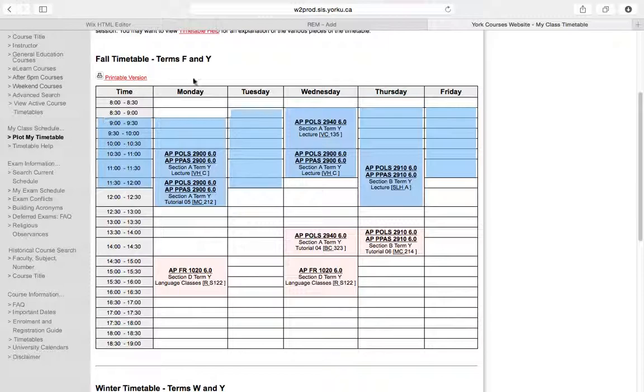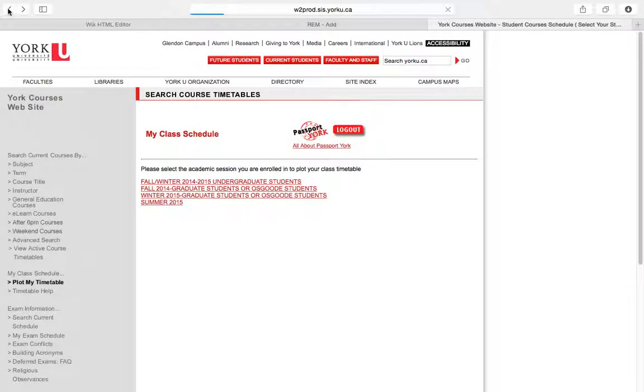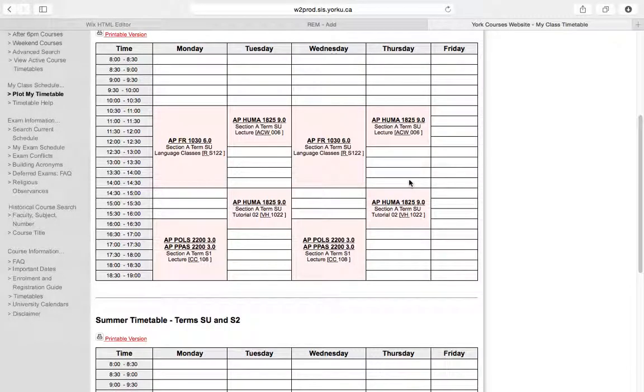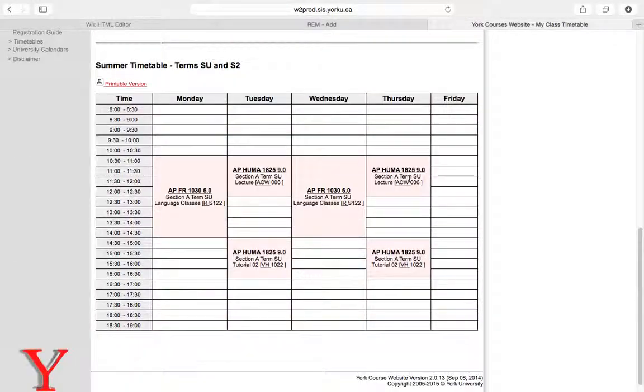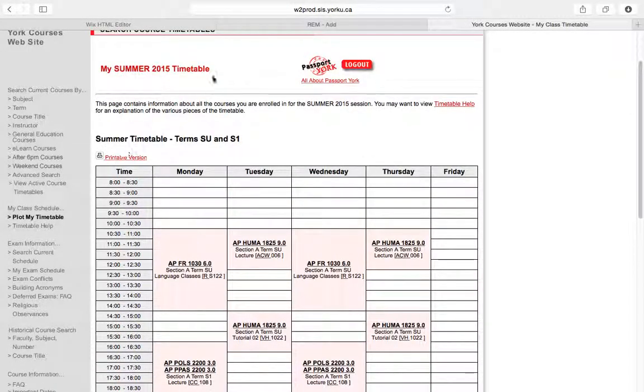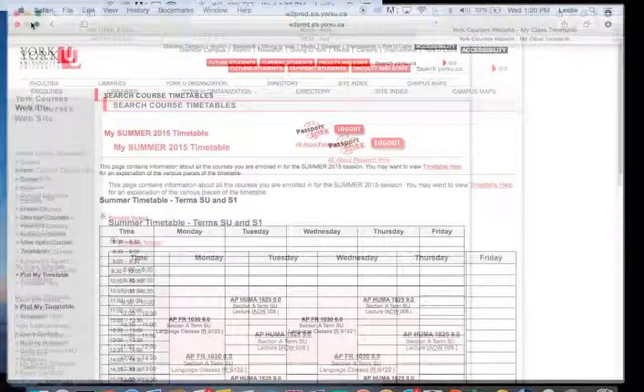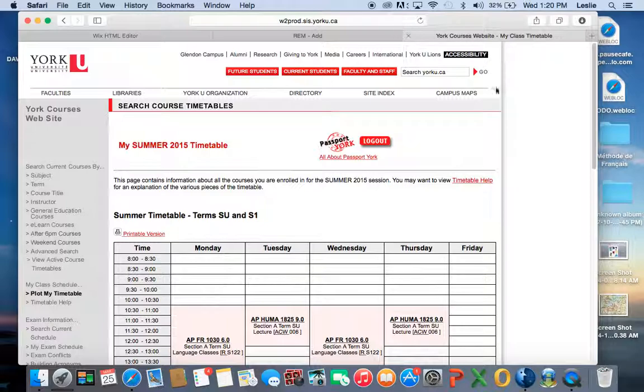If you look, plot my timetable. So I want to go back. I want to show you guys why there are differences in different timetables. So that's my timetable for this year. This one is my timetable for summer. Very packed. But I suggest you print it, take it with you everywhere, and make sure you're on time for all your courses. And that's it. If you have any questions,